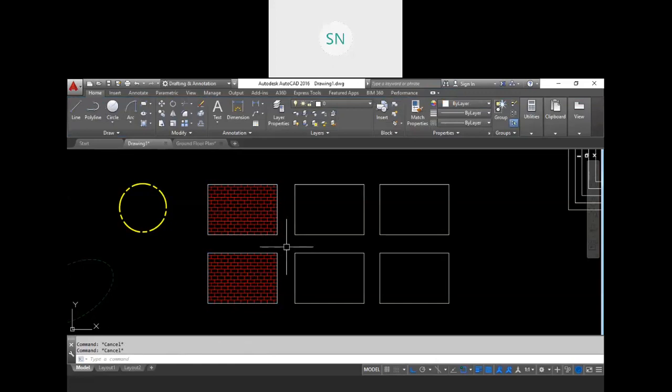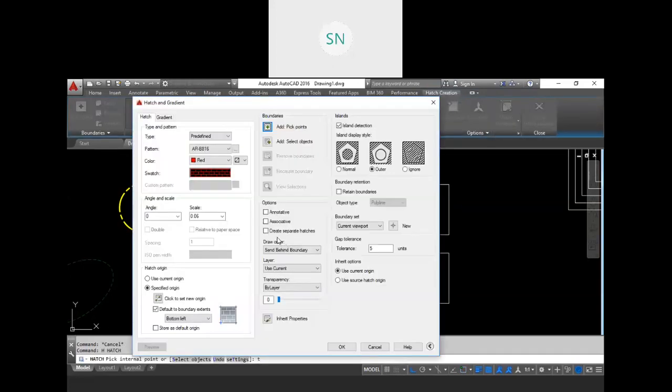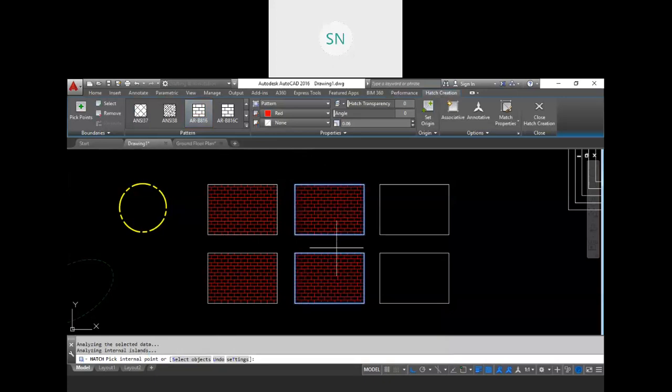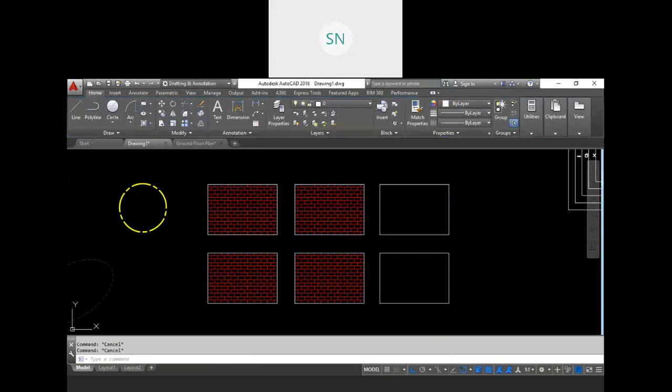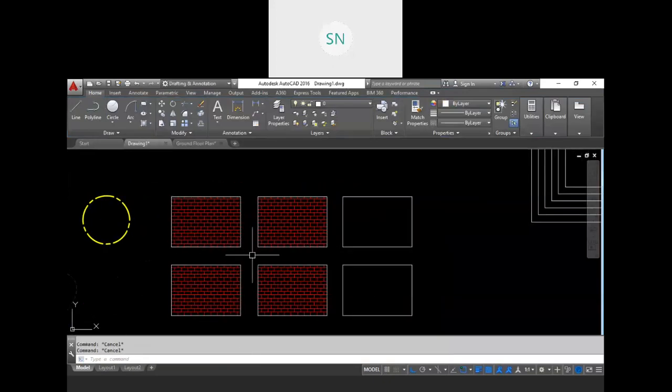Again I am typing H enter, setting T enter, and this time we will use create separate hatches, so turn that on. Now click on add pick points, and I am filling my hatch in this boundary and this boundary, and again escape it. So we have hatch in all four boxes, but these two hatches are filled at a time, and these two hatches are also filled at a time. So the difference is this.